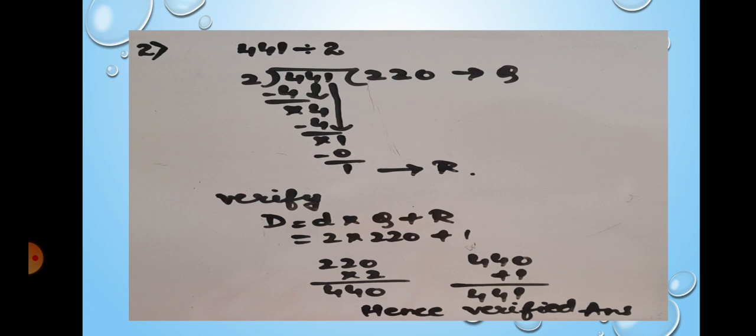Next example is 441 divided by 2. Here the number 4 we are going to see in the table of 2. Now 2 2s are 4, so 2 we will place over there in the quotient and 4 below the digit 4. After 4 minus 4 we will subtract, that is we will get 0. Again we are going to place 4 below. Now again we are going to see in the table of 2, 2 2s are 4. 4 minus 4, on subtracting we get 0.